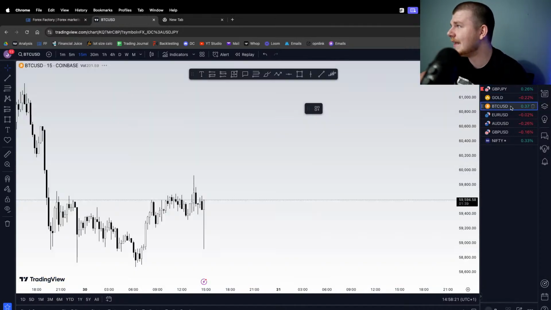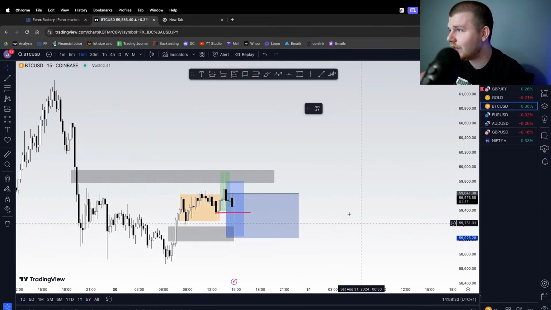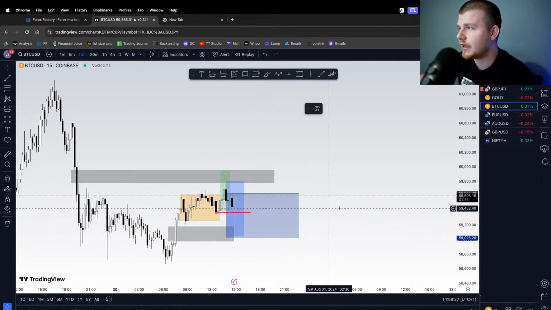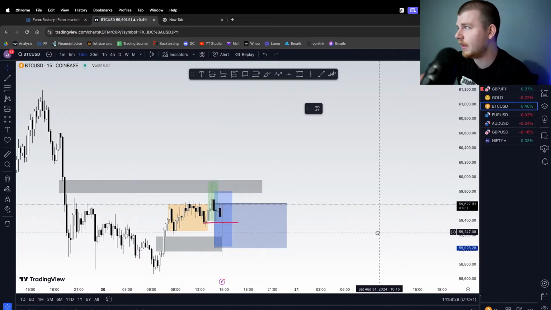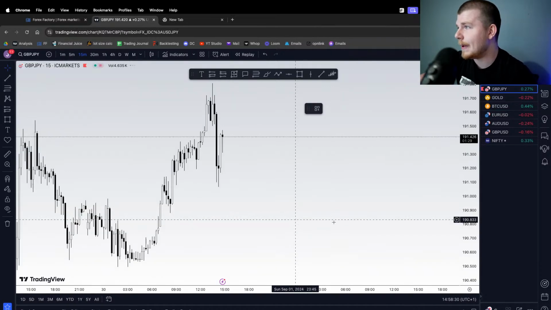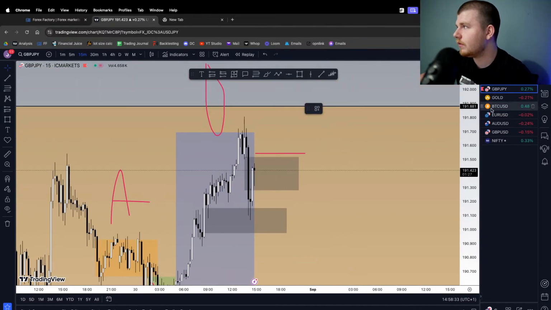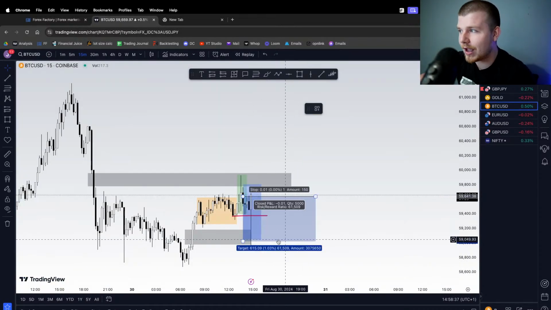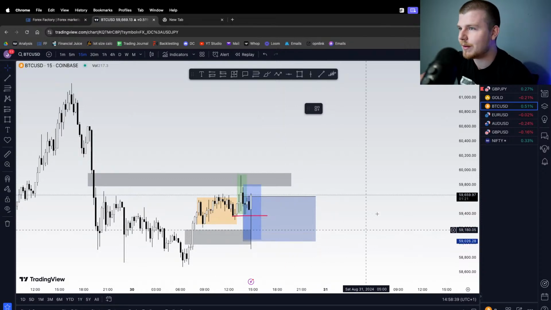Bitcoin has completely flipped. Look at that. That is what you call great take profit placement, guys. That is what you call great take profit placement. Maximum profit, well, I kind of closed around here, but maximum profits if I held for a full take profit.